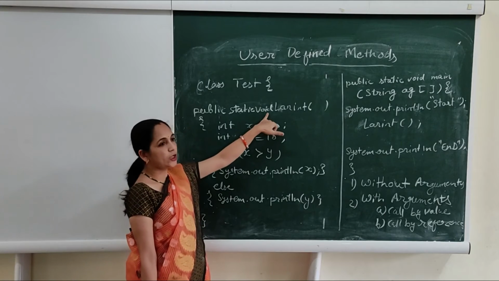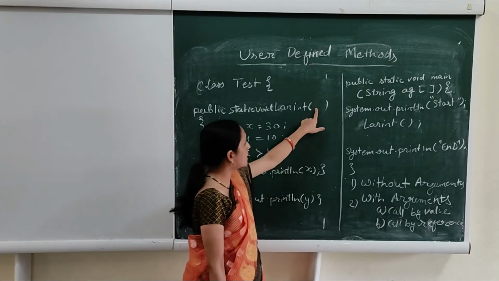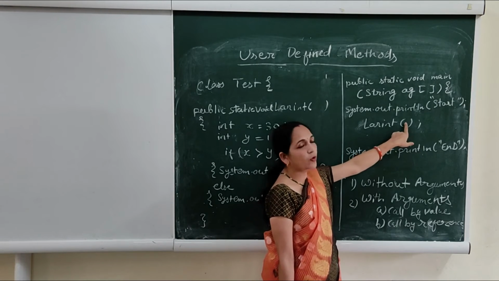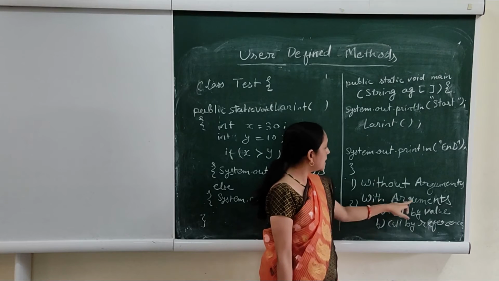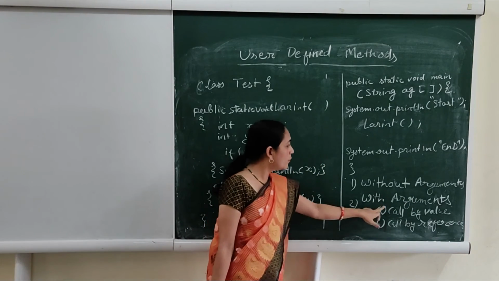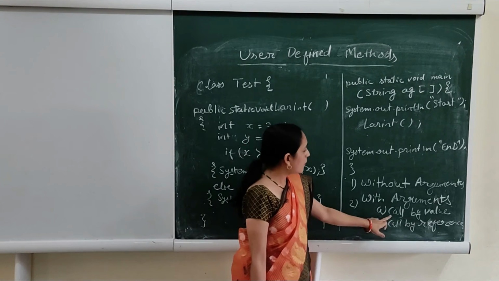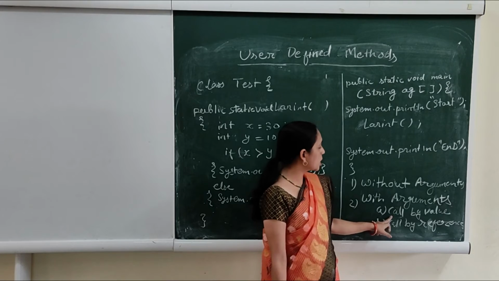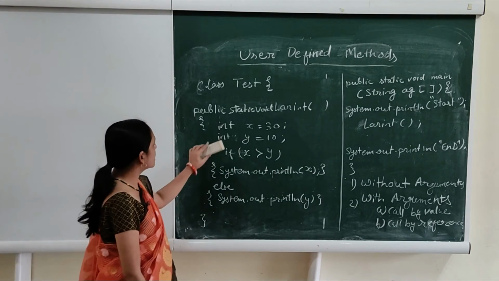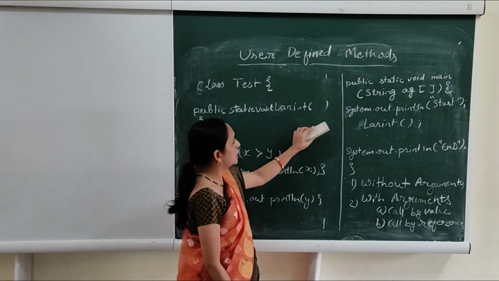value and not returning any value. So which type of function is it? Without argument. It is not accepting any, and when we are calling it, we are also not providing any arguments. So it means it is a without argument function. Now we will convert this to a with argument function. First we are going to learn how the execution of call by value works. Okay, so I am going to make a change in this program.